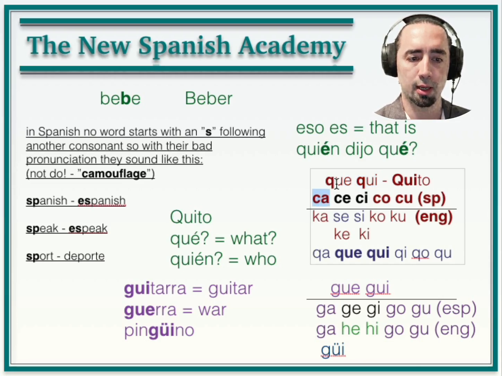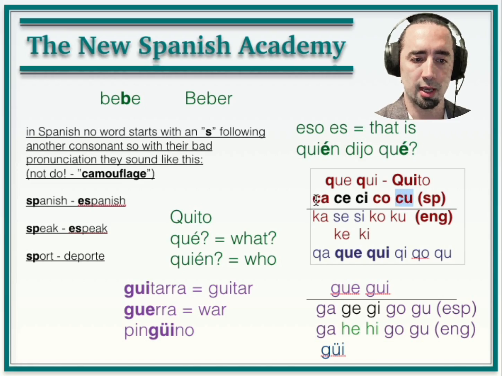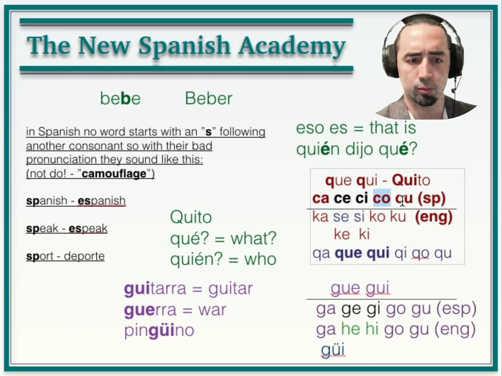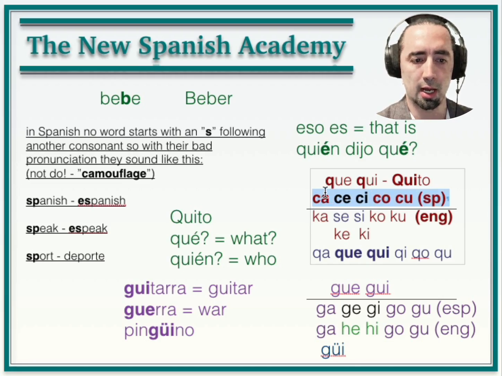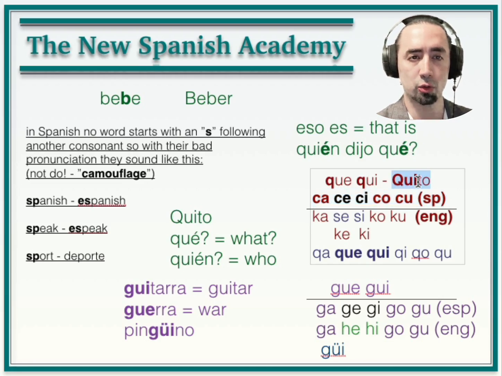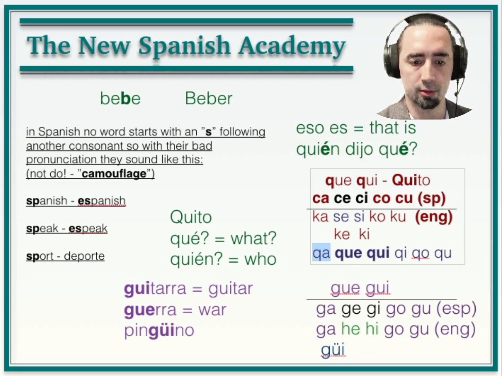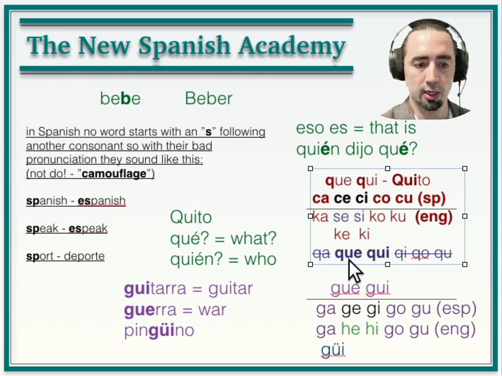Ka, ke, ki, ko, ku. C-A, Q-U-E, Q-U-I, ko, ku. And then se, si. What do we have here? Ka, se, si, ko, ku. So Quito is the capital of Ecuador. And then we have ka, ke, ki, ko, ku. This is wrong, alright? So you don't say it like this in Spanish. You say que, qui,